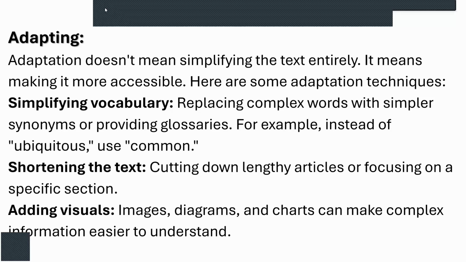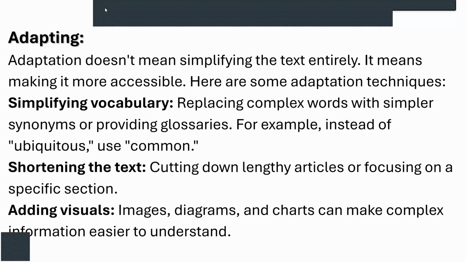Adaptation simply means that we are not using the stuff as it is. So with certain changes, we use it. But it doesn't mean that we are changing the stuff entirely. No. So we are making changes to the resource. That is, we are doing so because students can access it more properly, more easily when we adapt it.